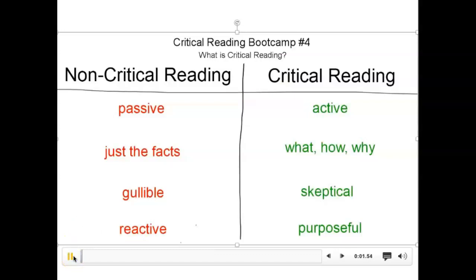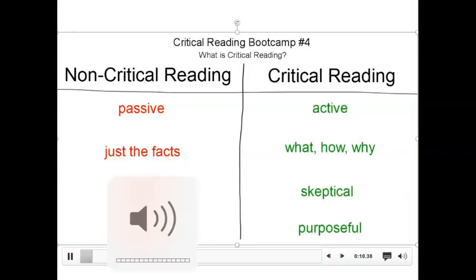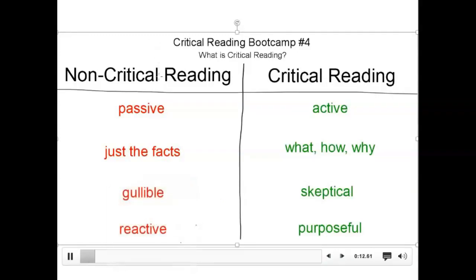The math and the writing sections are quite obvious as to what they're testing, right? There's a math in school and you do writing in classes. Whereas critical reading, it's not clear on the surface what that is. So what is critical reading? Well, it's probably best to oppose it to what we could call non-critical reading.